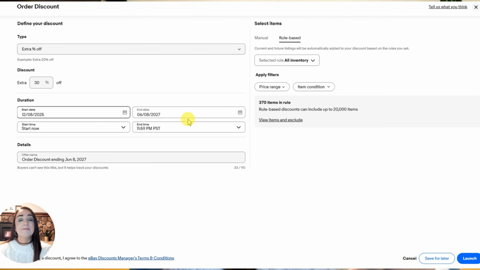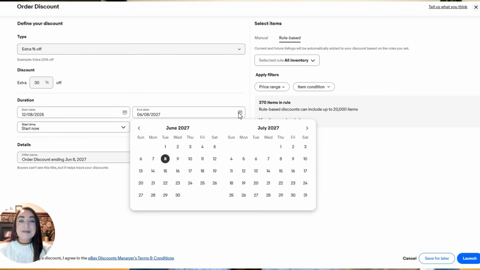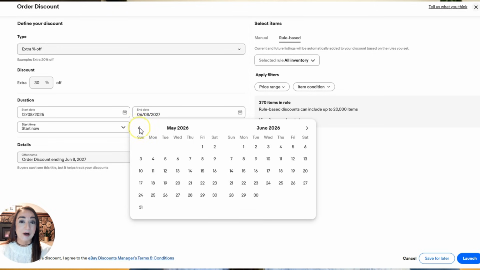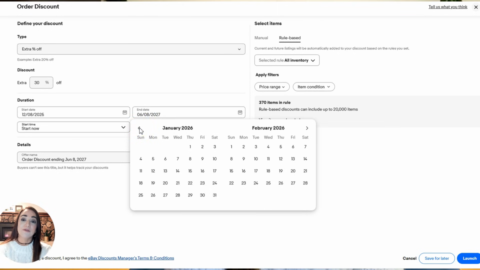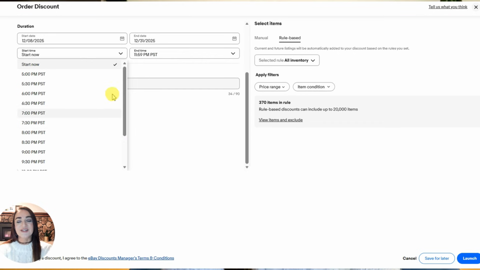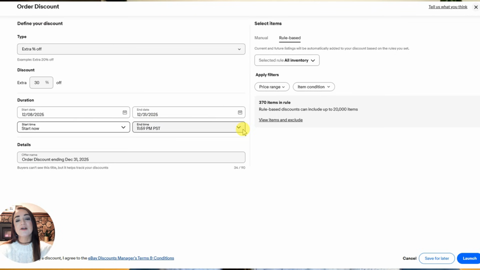So right now, as I'm looking at this, it has about an 18-month time frame on it, which is way too long. We want there to be a little bit more urgency than that. So we're gonna come in here and choose an end date that's a lot closer. I wouldn't recommend going anything longer than a month. You can choose if you'd like to start this now or at some later time,